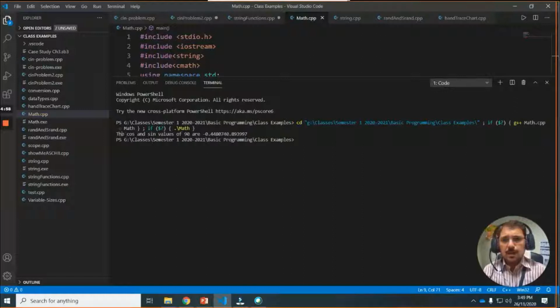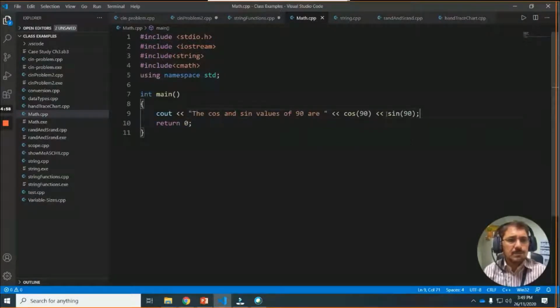So you see the cos and sine value of 90 are, so the cos value is, oh, I didn't give a space. Let me give a space first. So here I will add a space. Just type and, okay, like this.